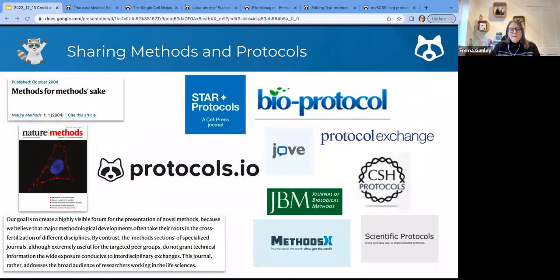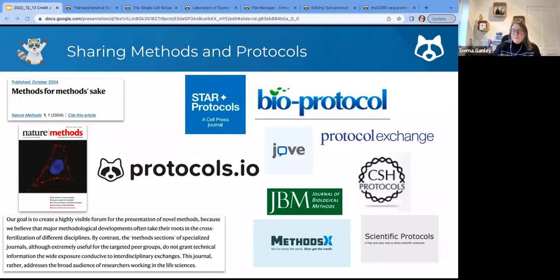So we started with Nature Methods, but in the last 10 years, there are more and more journals focusing on publishing protocols and methods. There's a ton of different options available out there. Big publishers like Springer Nature keep expanding their portfolio of method-centered journals. They have Nature Protocols, which started 2 years after Nature Methods, and they've now also got the Protocol Exchange.